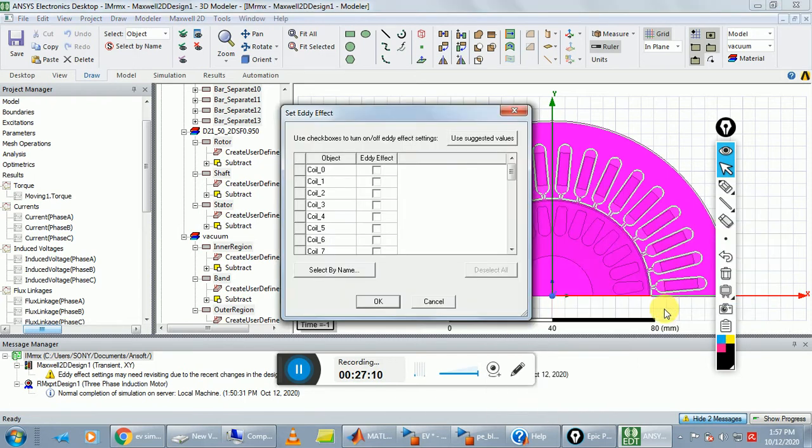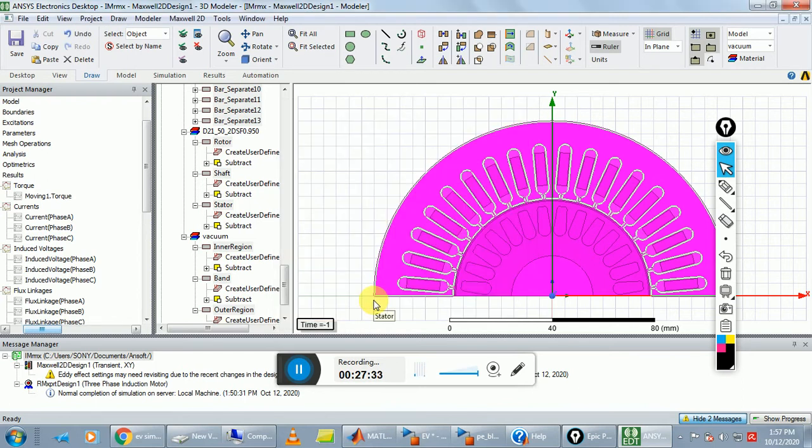Here check the bar separators for eddy effect up to bar and again check bar to all bar separators. Check the eddy effect, and coils are unchecked for eddy effect, and click on OK.